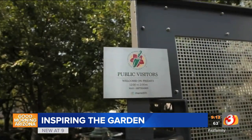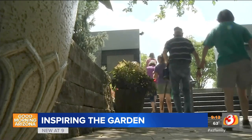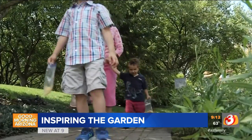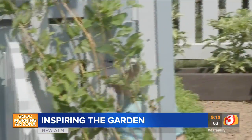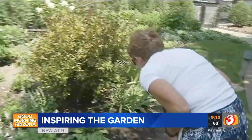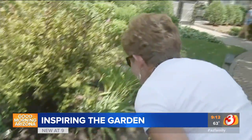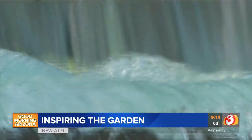Even though it's a working garden, during the summer the gardens are also open to the public for a couple of hours on Friday afternoons. It's popular for both locals and tourists. People plan a year in advance to visit the garden, so we have different garden groups that will come and they'll book a private tour. Different garden groups and garden clubs from around the country will come, and they're just very impressed because we're in